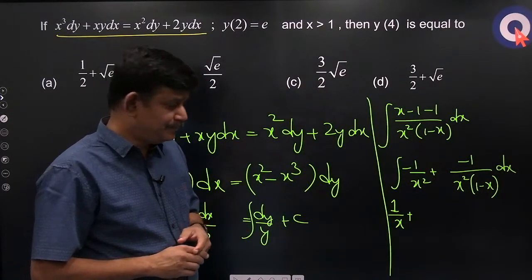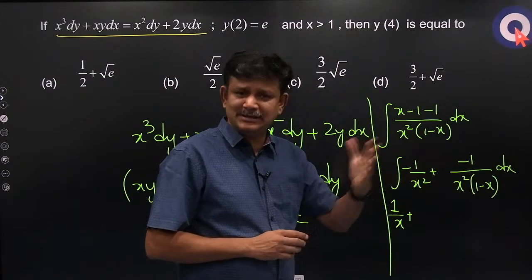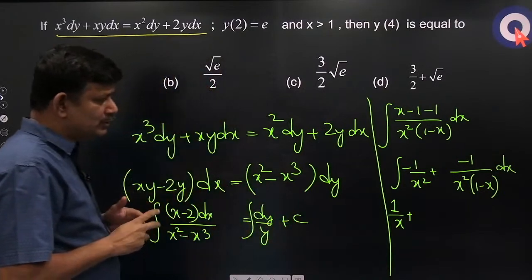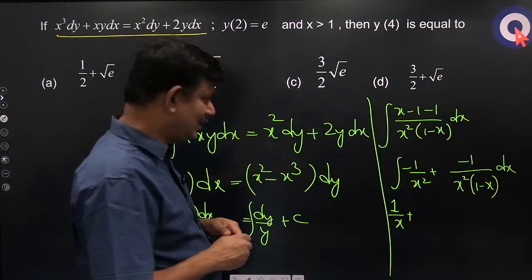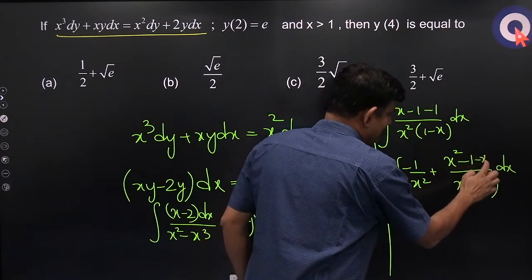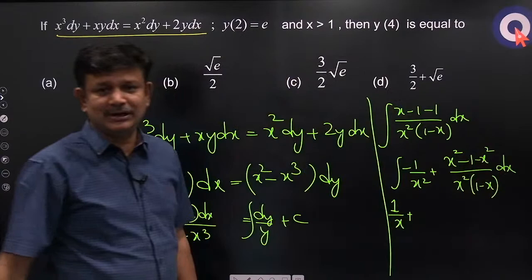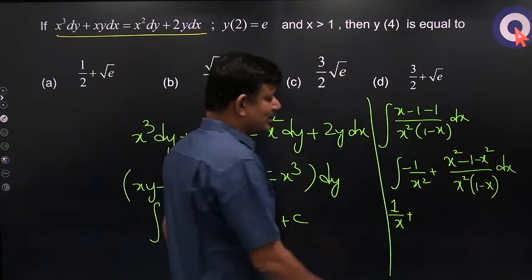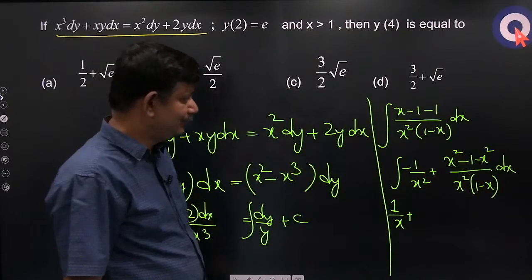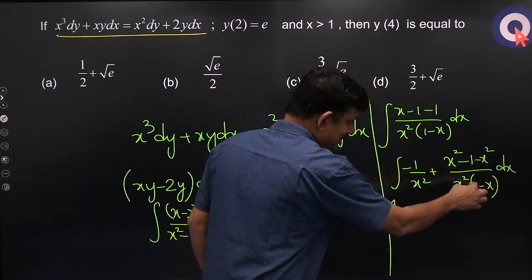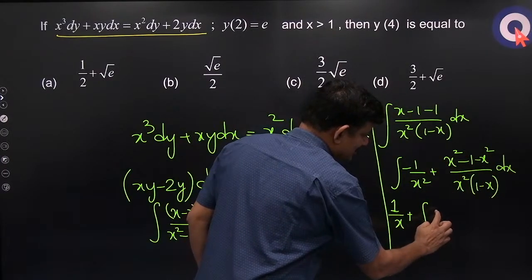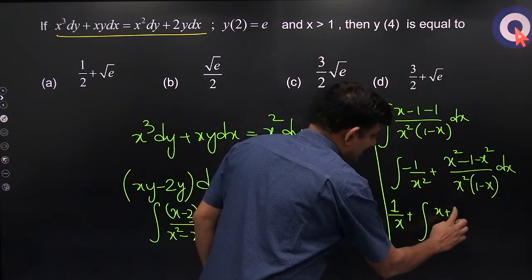Either if you know the process of partial fractions, you can happily split this into partial fractions. That will be very easy. If you don't know the partial fractions part, then what I will do is I will add x square and subtract x square. ये करके क्या फायदा मिल रहा है? यहाँ पे x minus 1 and x minus 1 कैंसिल हो रहा है। ठीक है, एंड सेकेंड पार्ट में x स्क्वायर कैंसिल हो रहा है।